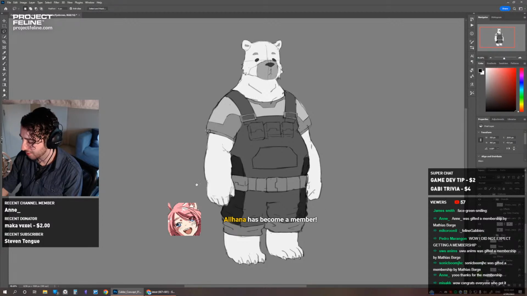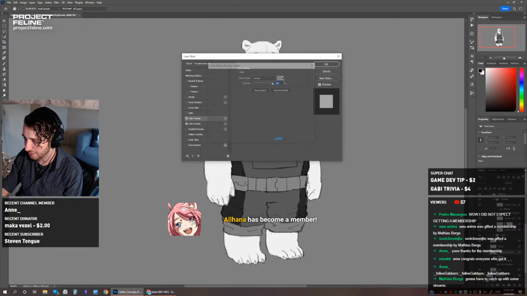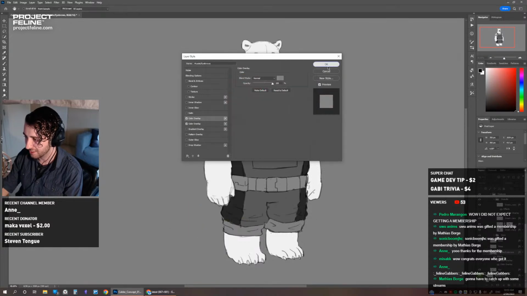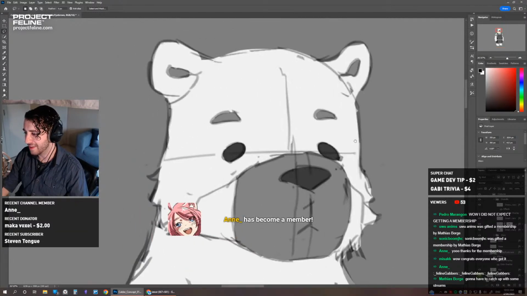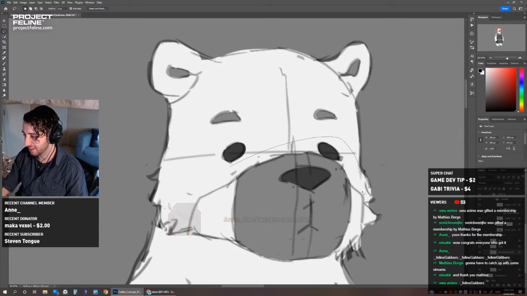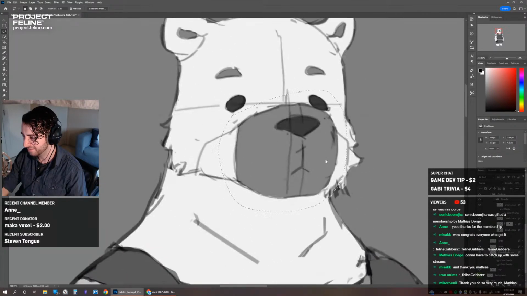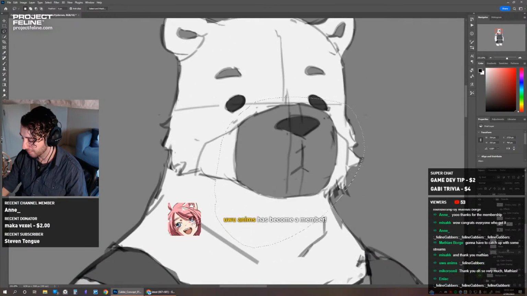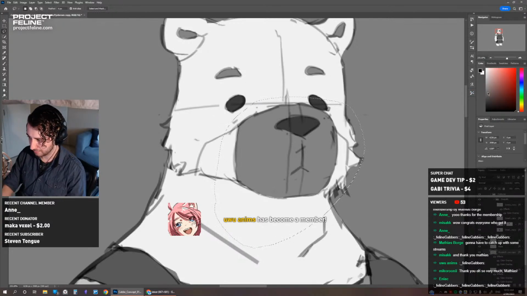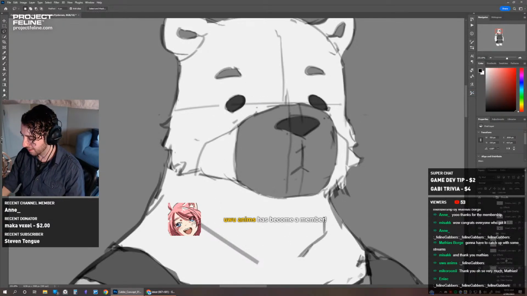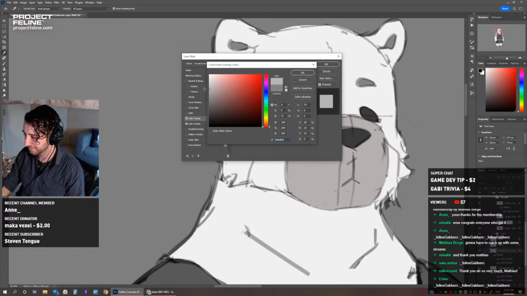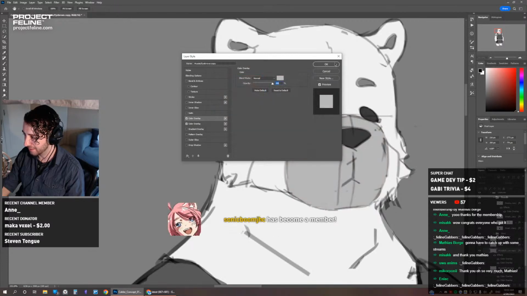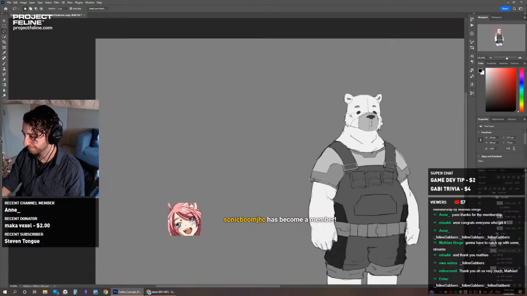So to get that to match whatever this is, I'm just doing it in black and white first, just to see where I want there to be dark and light areas. And I think I might put the eyebrows on their own layer again, because I don't want to darken, or I think it's just this bit. Something about it's too dark. I'll take that and put it on its own layer, because that needs to be light enough for the nose to stand out. So I'll make that a bit lighter, like Homer Simpson. Like that. And then the ears and the eyebrows can be darker. Yeah, that's a bit better.